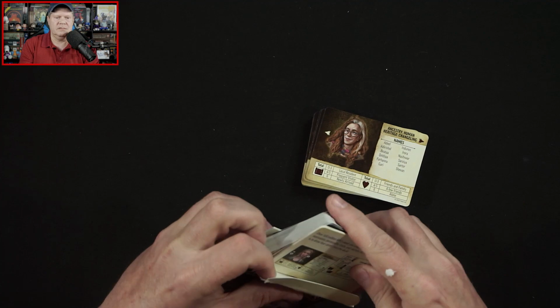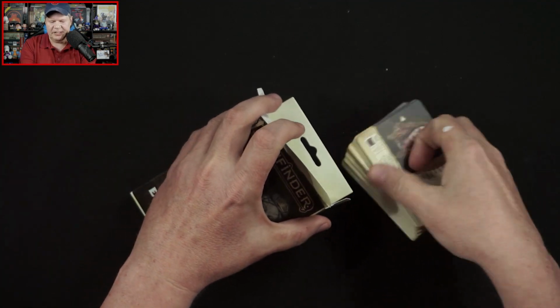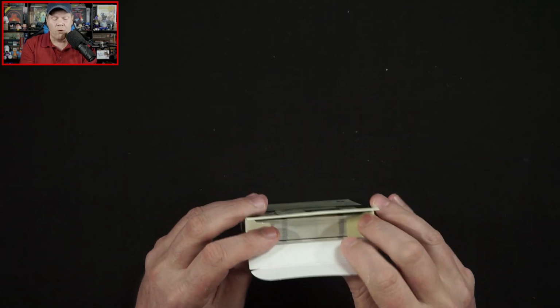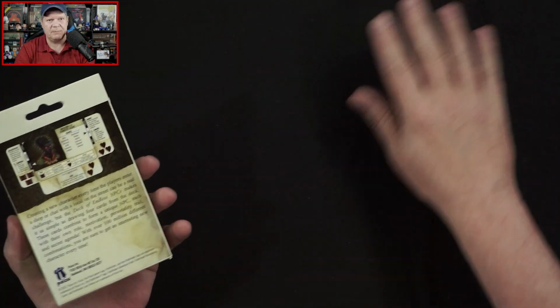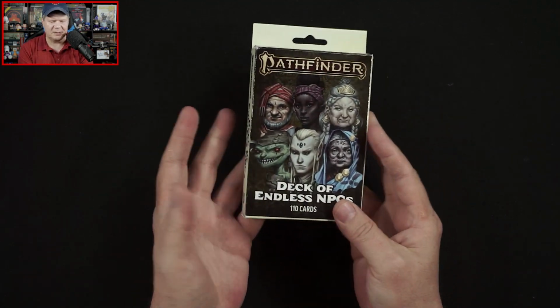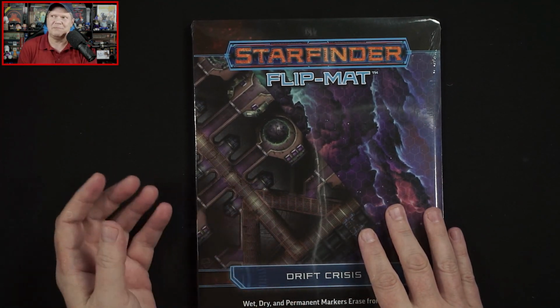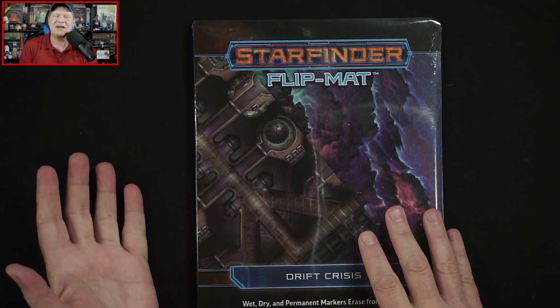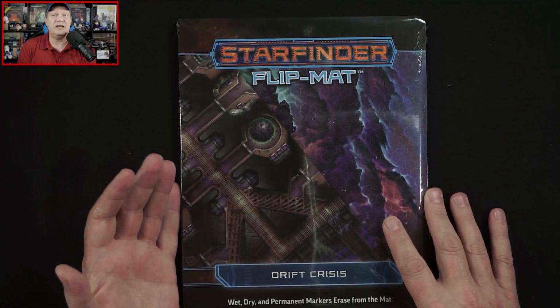And once again, this is the Deck of Endless NPCs. It carries an MSRP of $24.99. And as you can see, there was some styrofoam, some shipping popcorn that's stuck to some of these. It's kind of getting all over the table here. Anyway, I was going to say the Deck of Endless NPCs carries an MSRP of $24.99, or you can grab it in PDF for